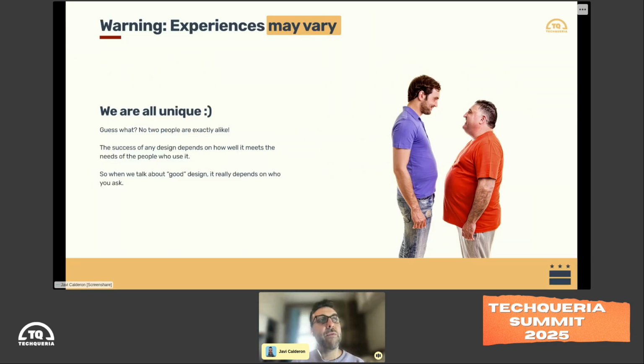And at the end of the day, the crux of inclusive design is the fact, and it's not a bad thing, we're all a little bit different, right? We are all unique. This graphic comes from a wonderful diagram, but I chose the guys to show not everybody's the same. Not everybody's the same height. Not everybody's the same weight. Not everybody has the same background. You might be taller and a little bit heavier, your shoulders might be wider, your arms might be longer, you might have shorter legs, whatever it may be, right? We are all unique. No two people are exactly alike, and honestly, that is beautiful, right?